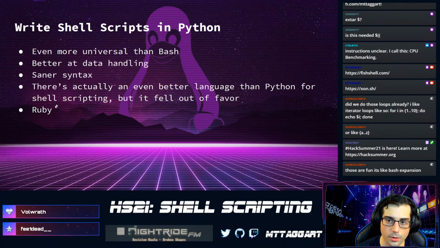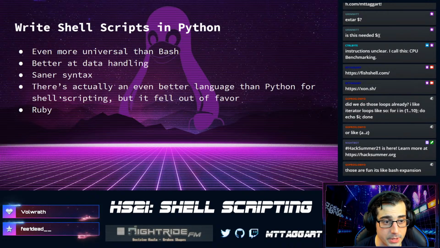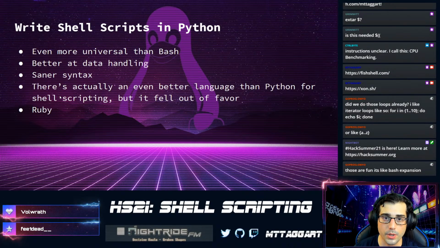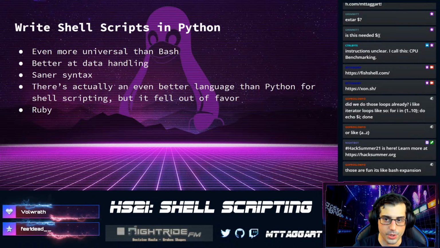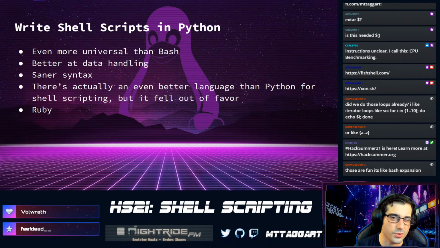But yeah, so if you take the time to learn a scripting language like Python, you can do what you're doing in Bash, but I feel like it's a little bit more portable. You can even write a script that has conditionals for what kind of operating system it's running on, so you can execute different code if it's on Windows versus Mac OS versus Linux, and even different Linux distributions. You can do that in Bash too, but it's a little bit trickier.